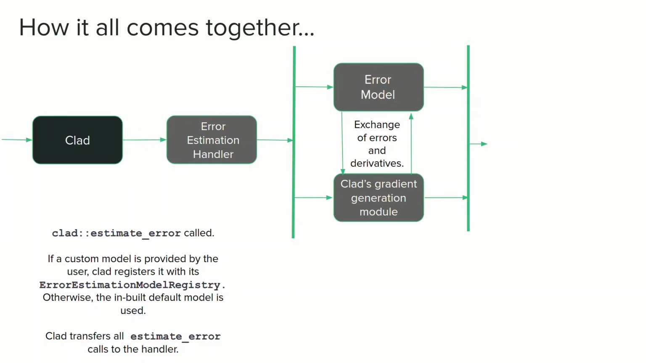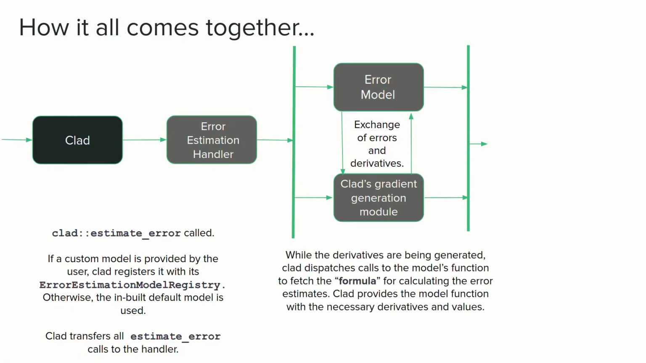Now what this gradient generation module does is it dispatches a call to the error model, which, as we saw before, could be something provided by the user or it could be the built-in one. And the error model in turn takes the derivatives from the gradient generation module and returns the errors. And the errors then can be emitted into the code by the gradient generation module itself. At the very end,